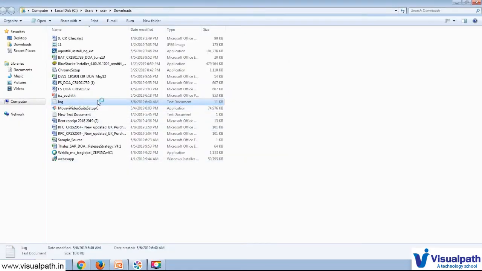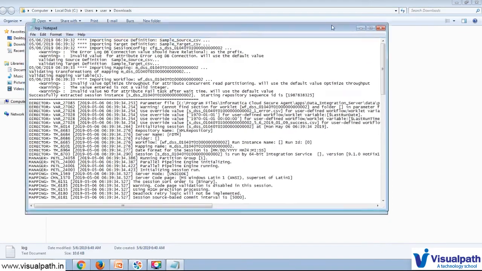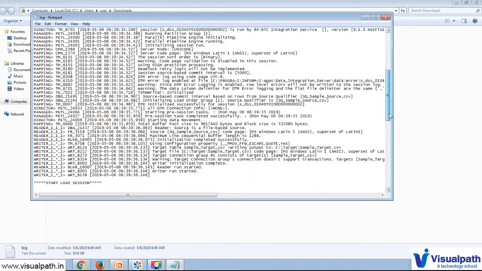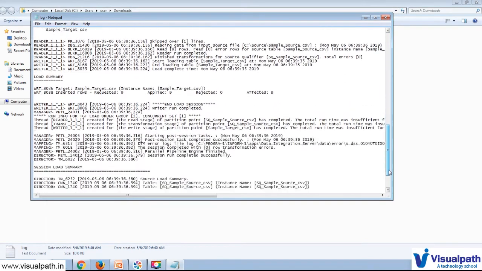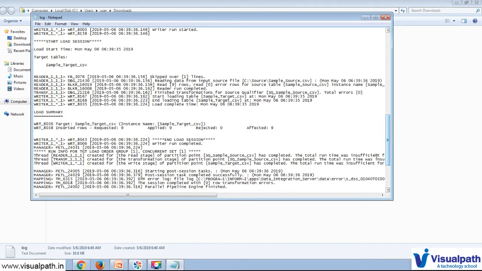The log is helpful if something went wrong and some errors are thrown; it will be very helpful to use the session log. You can check the details. Okay, so here we can see the source and target properties. See, requested 9 records, applied 9 records, rejected 0 records, and affected 9 records.